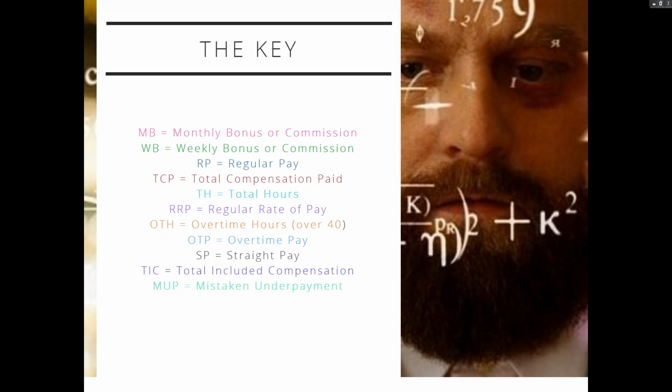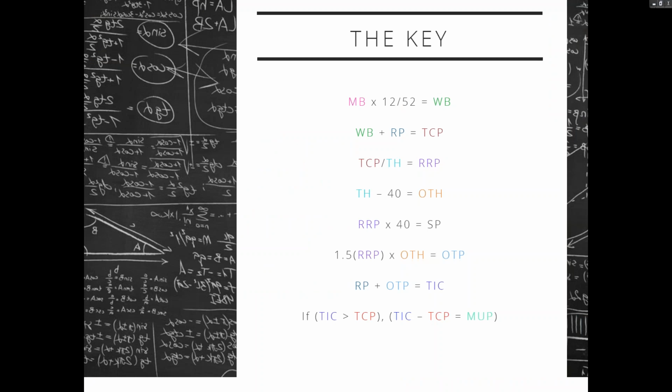So we've got monthly bonus or commissions. We've got all this. This is our key right here. It even says key. Then we're going to look at formulas. For example, this is how we can apply these formulas to figure out exactly what our regular rate of pay is going to be, and then what the commission